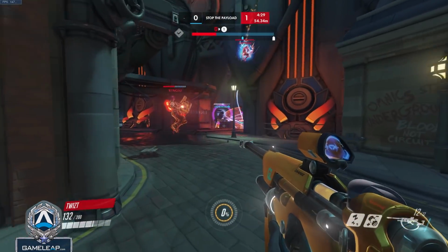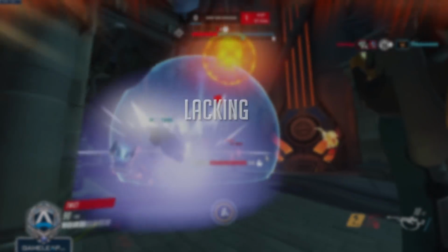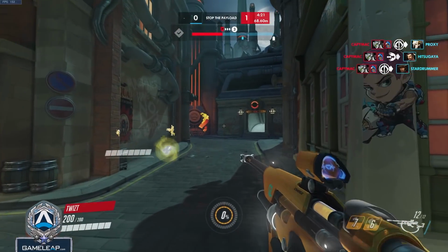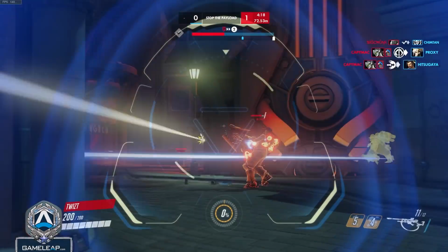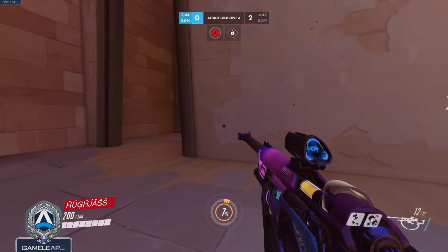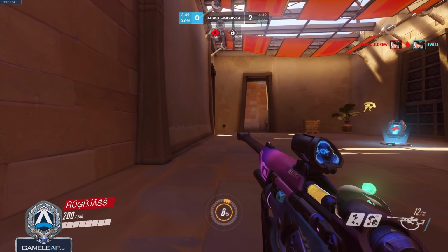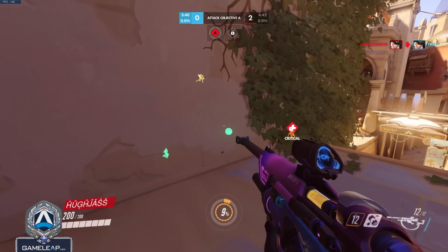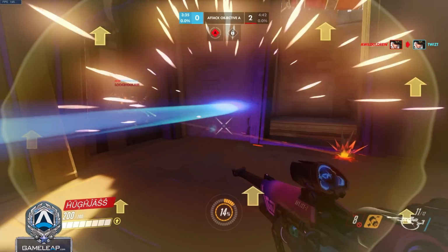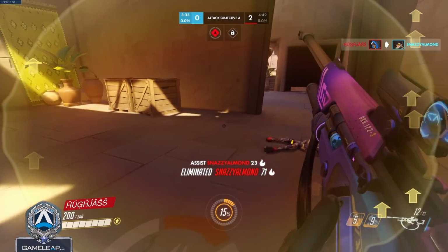Now, one of the things that I see that a lot of Ana players lack is that aggressive mindset, that aggressive pivot mindset, where they really try to interweave situations where they are actually outputting damage and value. One thing that you could do a lot is just put a little bit of damage here or there in between healing, enemies with your scope, shooting enemy Echoes, putting a little bit of damage on DPS that are on the high ground. This really can help a lot of your other DPS players do their job a little bit